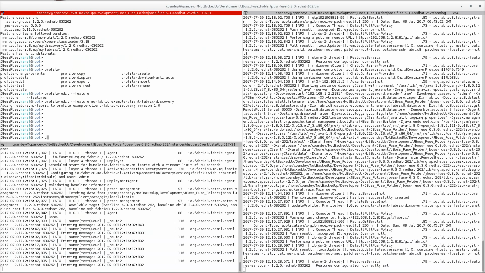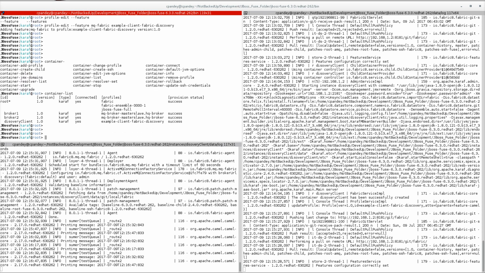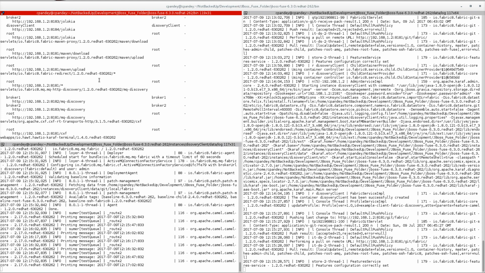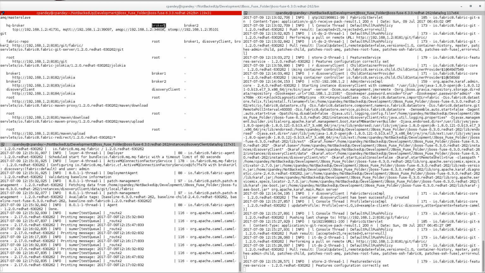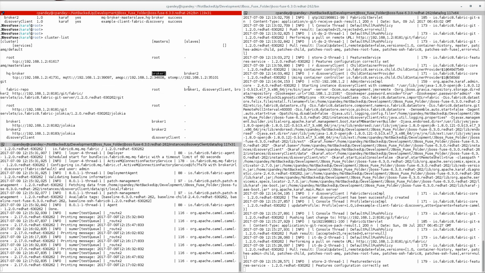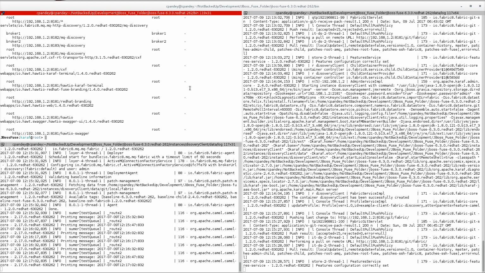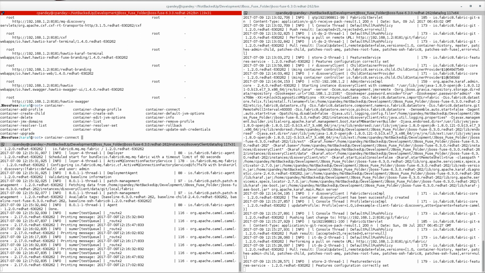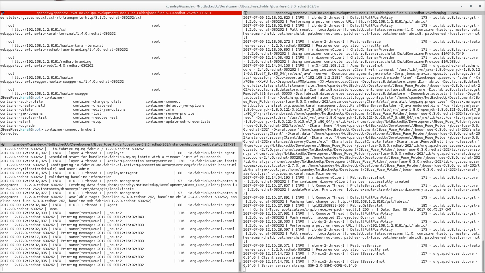Now let us see broker 1, broker 2, cluster list. In the cluster list we see that broker 1 is the master and broker 2 is the slave. Let's go to broker 1, container connect broker 1.